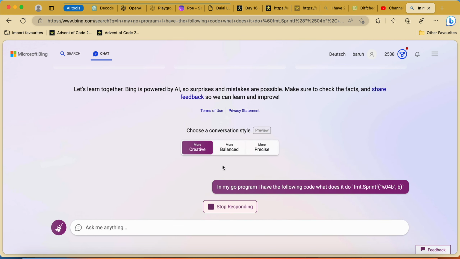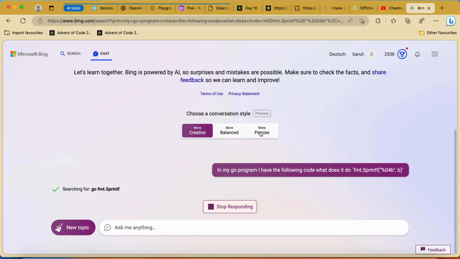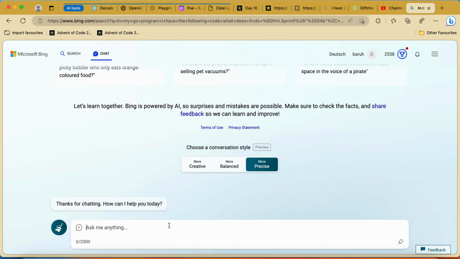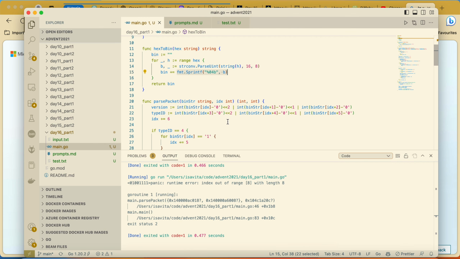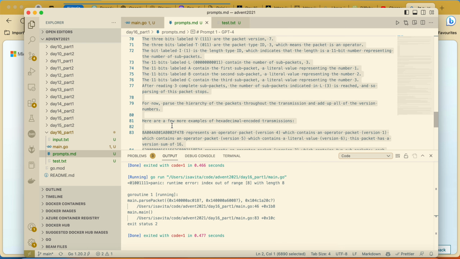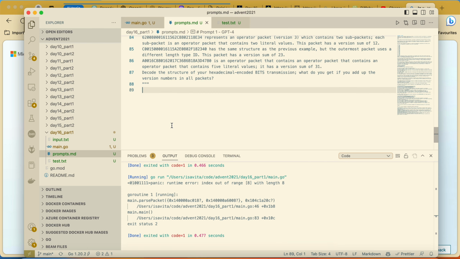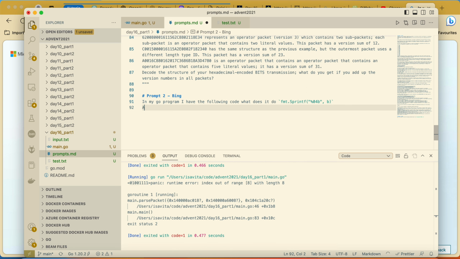Of course, we need chat and we need the precise mode. Let's add our prompt to Bing.